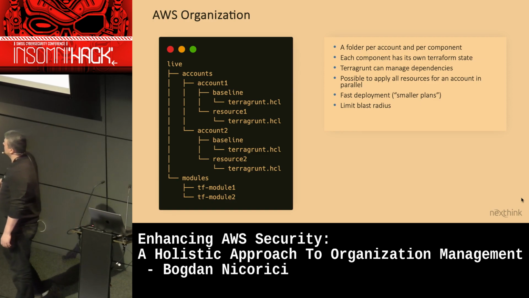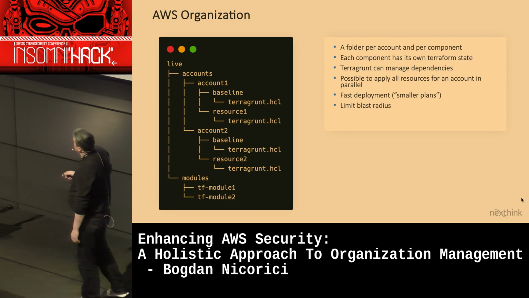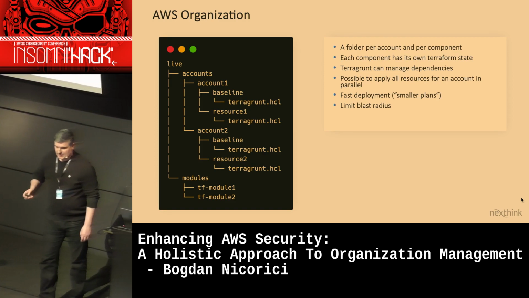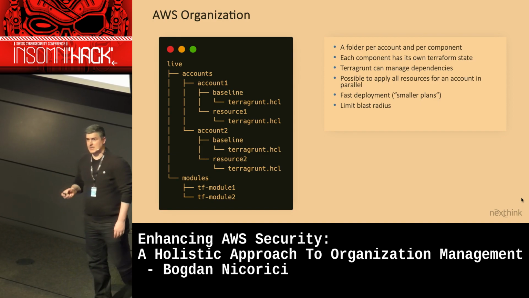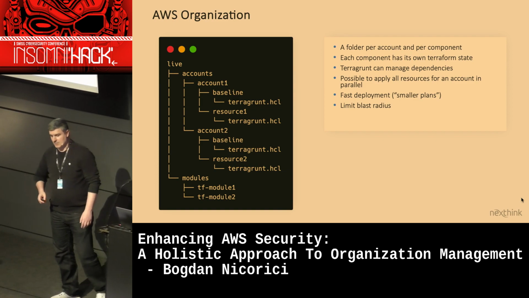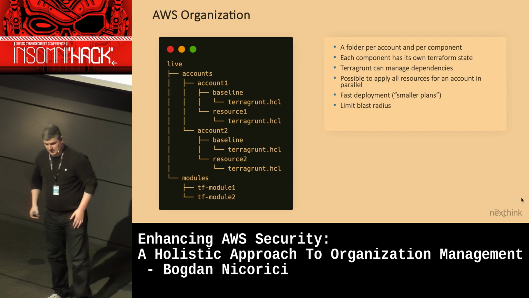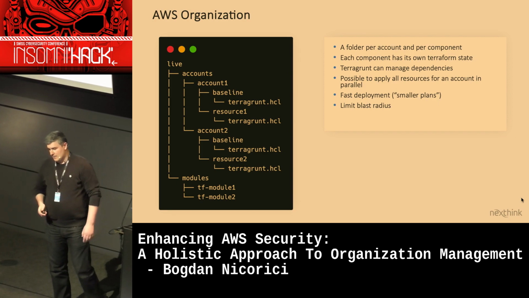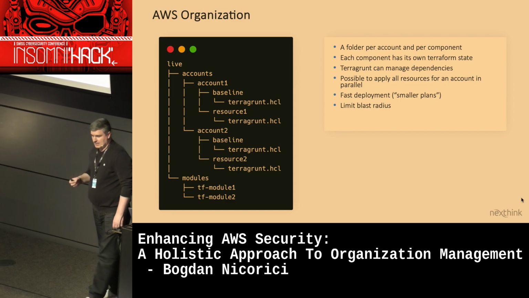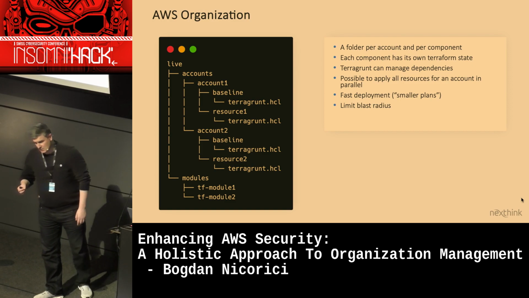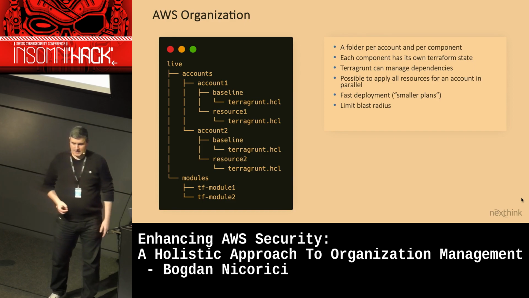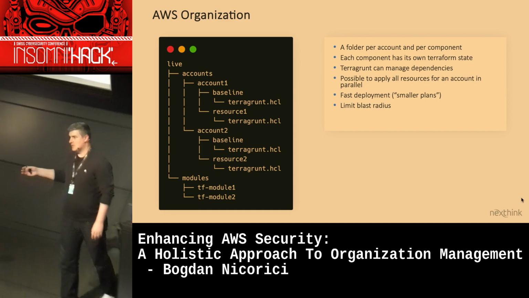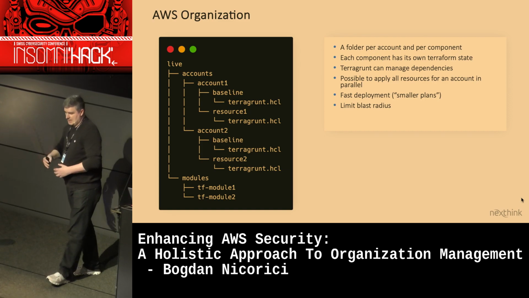This is how we structured the repository that is managing the organization. The reason we use TerraGrunt is because it allows us to have a folder per resource. And when I say resource, it's not a Terraform resource. It could be a bunch of Terraform modules which together will deploy something. It can be a role, it can be something else. We have separate states for everything that we deploy in the folder. TerraGrunt also allows you to easily manage dependencies. So for example, if you have a module that depends on another module, you can specify that either if it's to have the output of the other module or basically saying, I need A before I can deploy B.